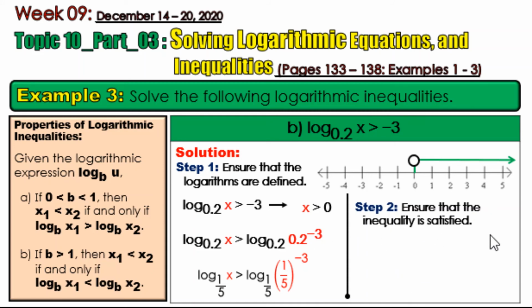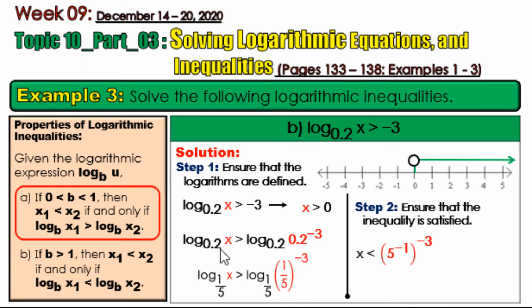Okay, so we have to ensure that the inequality is satisfied. So what does it mean? If we apply this property, you can see that our base 1/5 is between 0 and 1. That would mean our inequality sign is reversed. So from greater than, it becomes less than. So getting